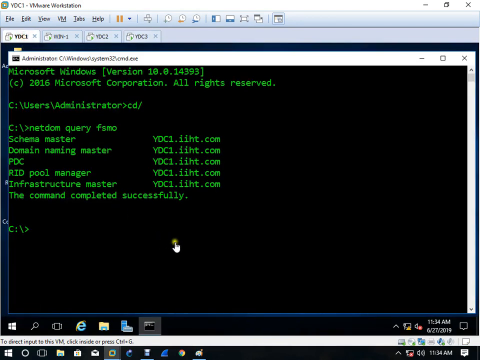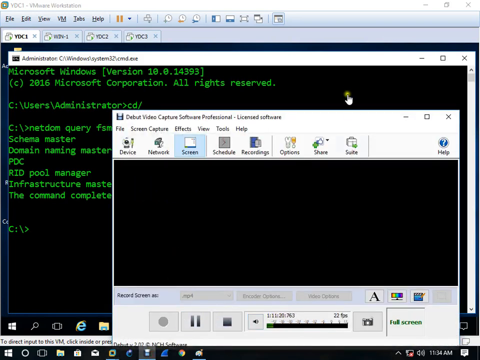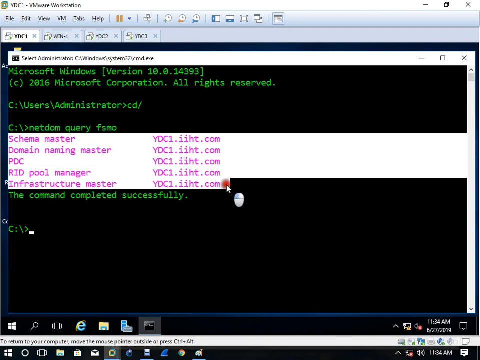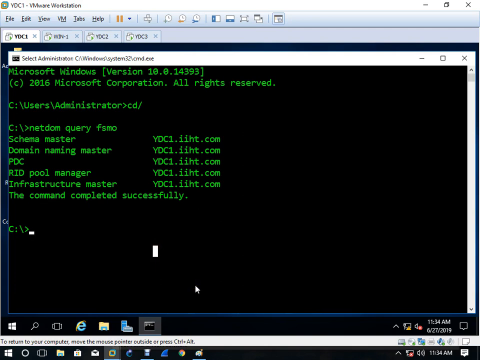Now, in the second lab we will work on this, because the video is too long, almost one hour. In the second lab we will work on how, if the Yaoundé server is down, we should transfer all these ministries, all these roles, to the Douala server, so the Douala server can take over, right? Before transferring, I will explain what the schema master, domain, PDC and the others are. Okay, so this lab is completed. Now the second lab.